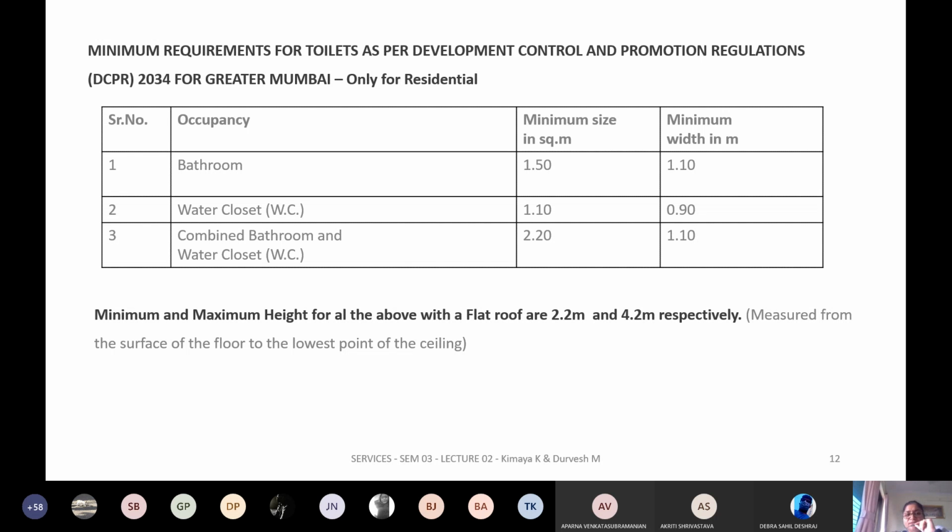When you look at residential bathrooms as per the DCPR, the minimum size for a bathroom is 1.5 square meters and the minimum width is 1.10 meters. Ensure that whenever you have a shower area, 900 mm width is the minimum. That is what they are referring to when they talk about the bathroom.